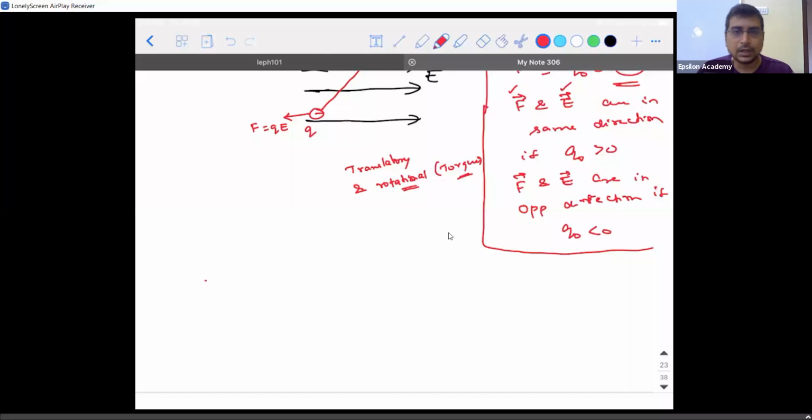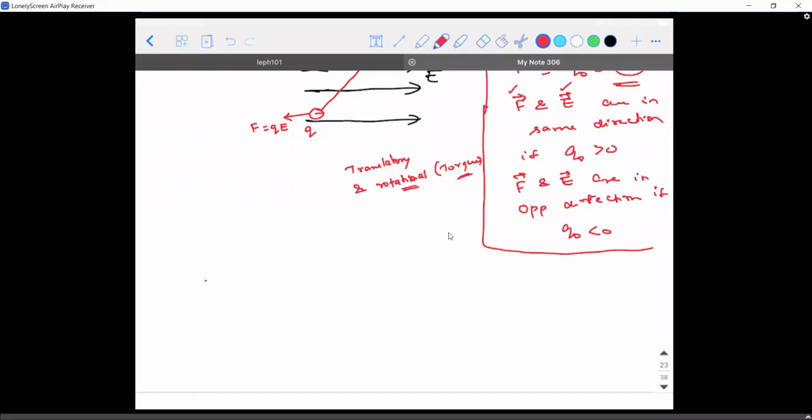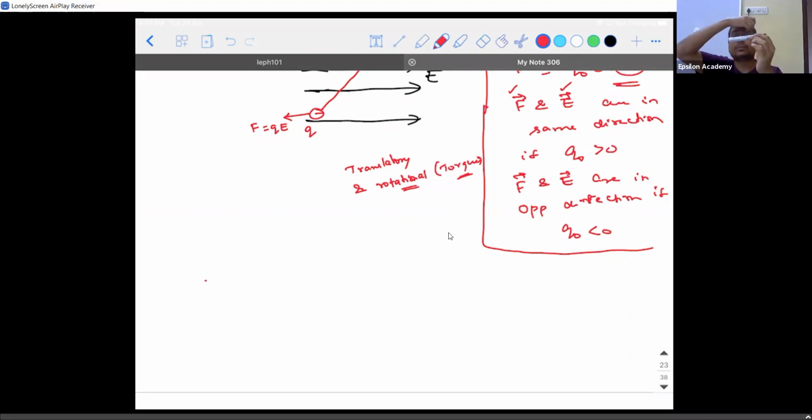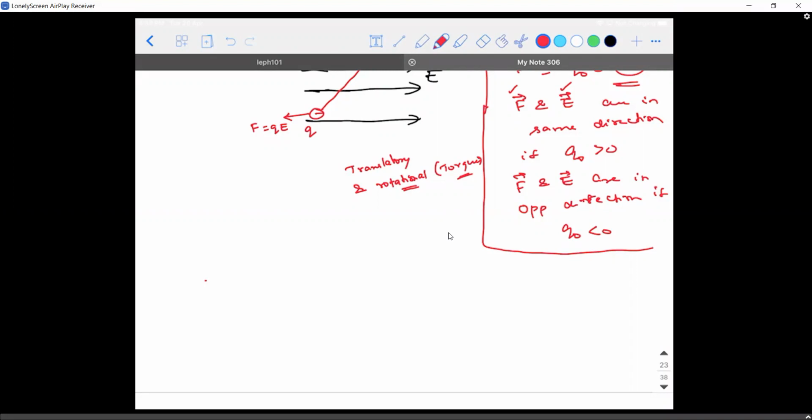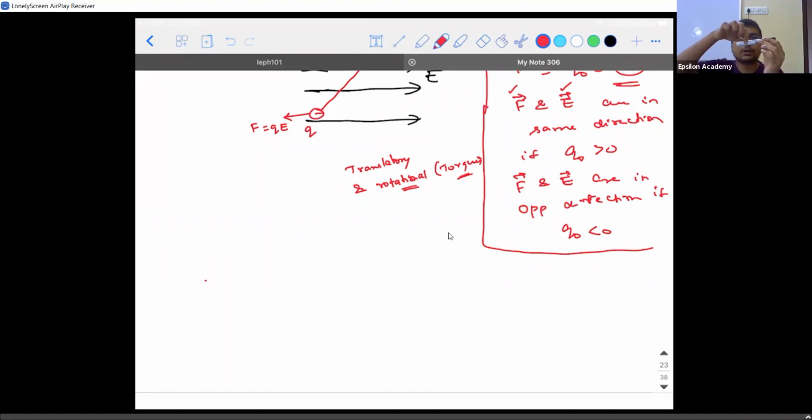I have this object. Wherever the torque concept comes, you need to speak about the axis of rotation. So if I hold it at this point, I'm not applying any pressure, no cheating. If I remove my left hand, holding it here with my right hand, what do you think will happen? It will rotate downwards. With respect to you, it is going to be clockwise.